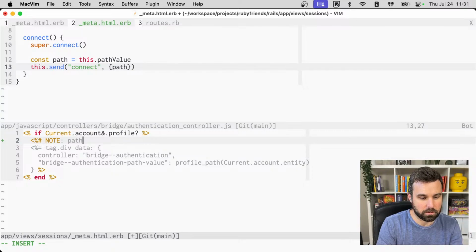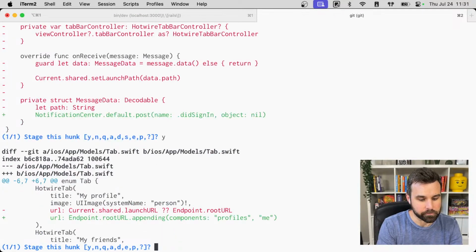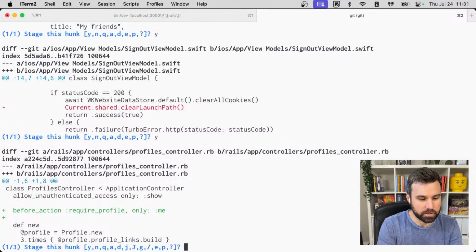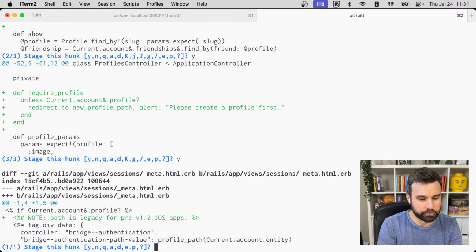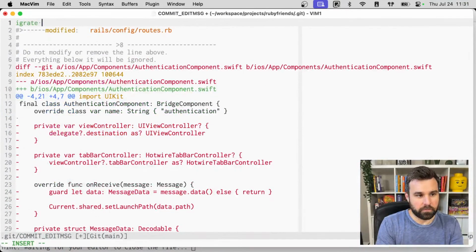Path is legacy for pre-version 1.2 iOS apps. So this is good. Don't need any of that. Migrate from persisted profile URL to